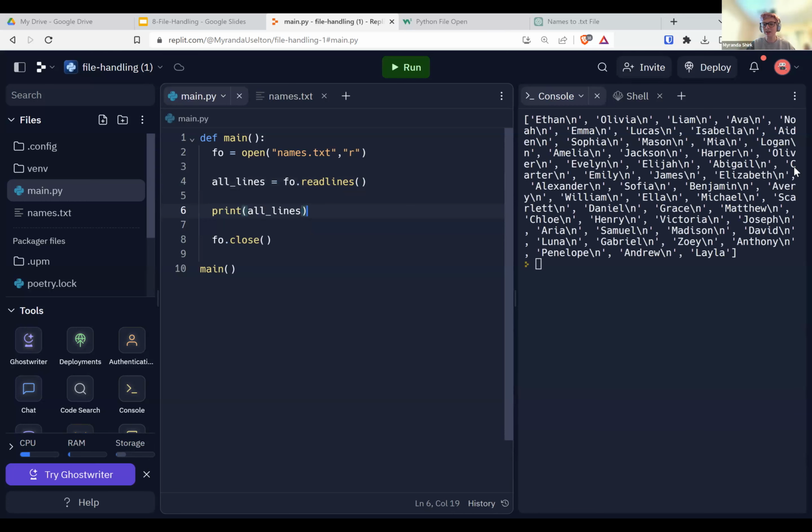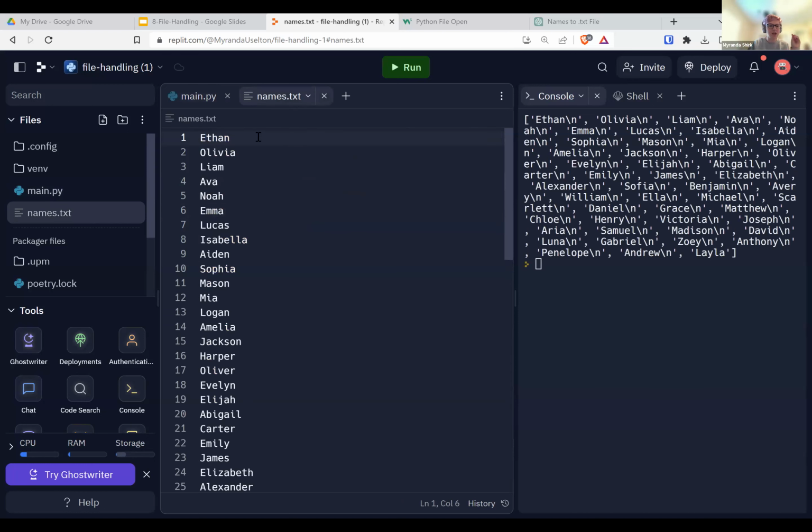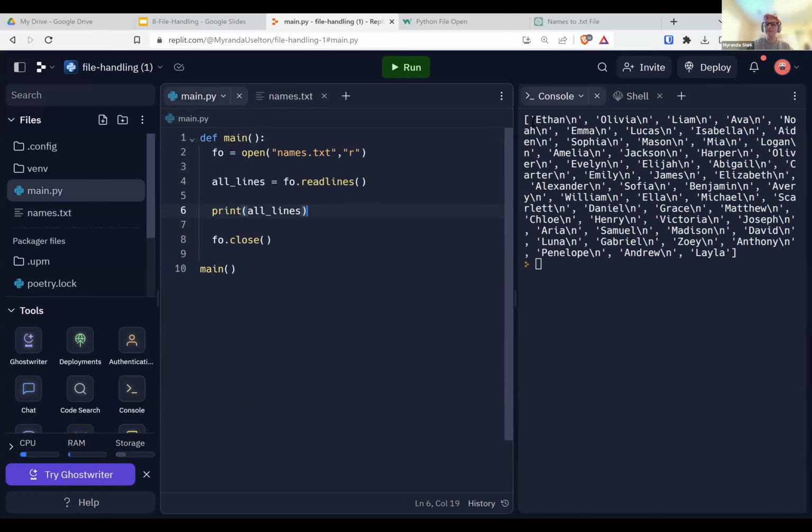So this is actually really useful when you have a text file that has one piece of data per line. In this case, our piece of data is names. So we have one name per line here. We could actually do some pretty cool stuff with this. So you can see here, we have each name in a list. So this is data we could use. We could do all of the things we learned about with lists. We could put all of the names in alphabetical order. We could find duplicate names. We could do a lot with that. So let's explore that a little. So we've got all of these lines, fo.readlines. Now I'm closing my file.